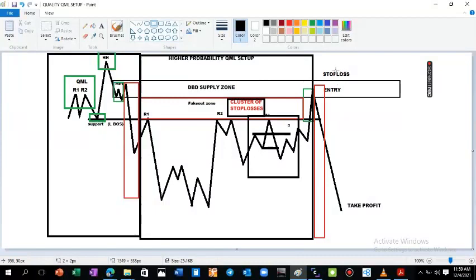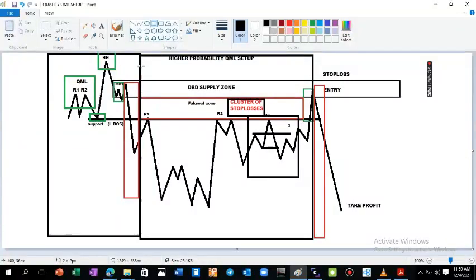Okay, so stop loss placement and take profit placement. Of course, stop loss would depend on what kind of setup you have at that particular time. For example, this particular one where we have an MPL, it's prudent for us to put the stop loss slightly above the MPL. However, if we don't have an MPL and this particular trade only has a massive candle dropping from the higher high right there, then it's safe for us to put the stop loss above the higher high. Okay, I hope that's clear. If the trade doesn't have an MPL, make sure you put your stop loss above the higher high. If the market gives you an MPL, put a stop loss above the MPL, at least 20 to 30 pips,